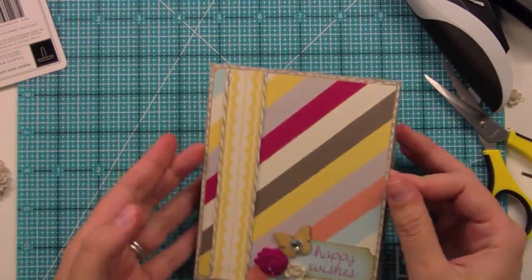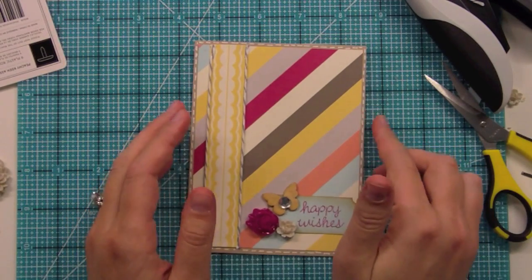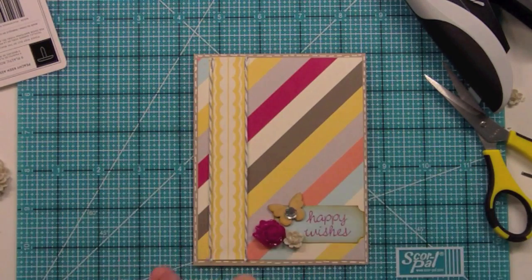So this is the card, and thank you so much to Tiffany for the beautiful sketch, and I hope you guys have an amazing day, and don't forget, we actually start on Saturday with our big April Inspiration Week, so make sure you head on by the blog,